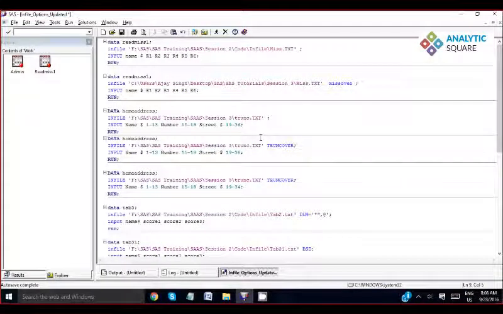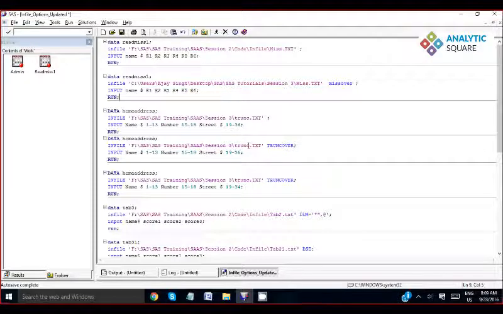So in our last session, we have seen how we can use a missover option to read the missing value from your text file. Now we'll see how we can use a truncover option with the infile statement to read some of the truncated values. It works in the same way as missover works. The only difference is that missover reads the missing value and truncover reads the values that are shorter than what we have defined. Okay, so let me take an example so that you can understand.